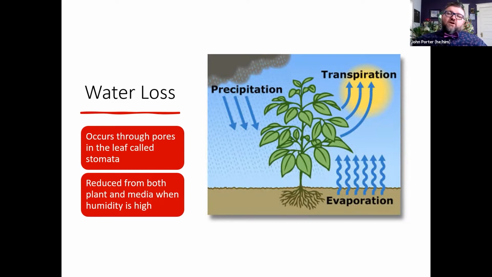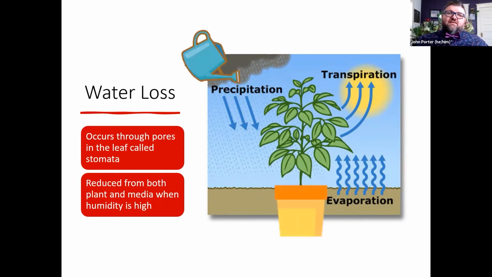We also see water loss from evaporation from the soil. So when it's dry in the air and the atmosphere, we actually lose water from the pot, because it evaporates out of the soil. And the smaller the pot, the less volume of soil and water in there, and the faster it evaporates and reduces to a point where the plant may not like it. And so we can think about us losing water mainly through transpiration in the plant, but also the soil does lose water when it's dry in the atmosphere. And so, we can turn that into a house plant if we need to help with that visualization.